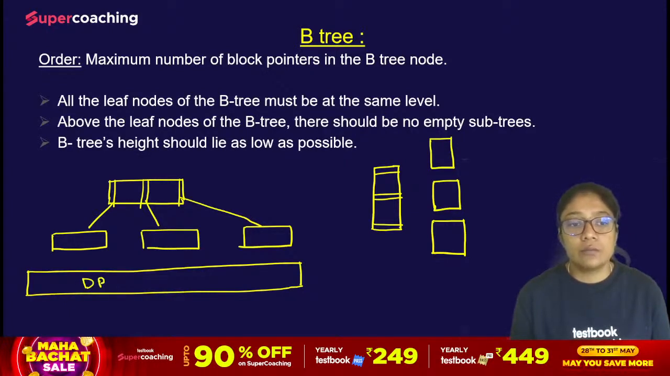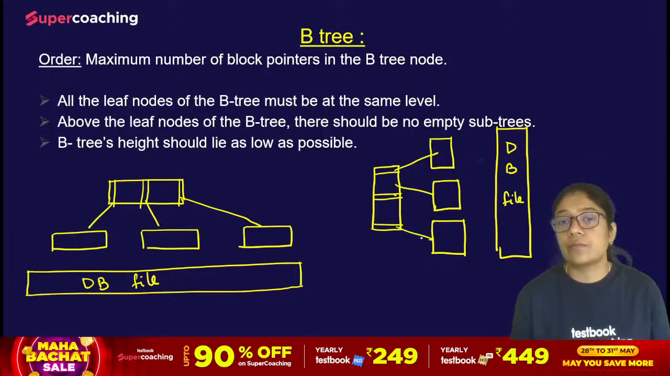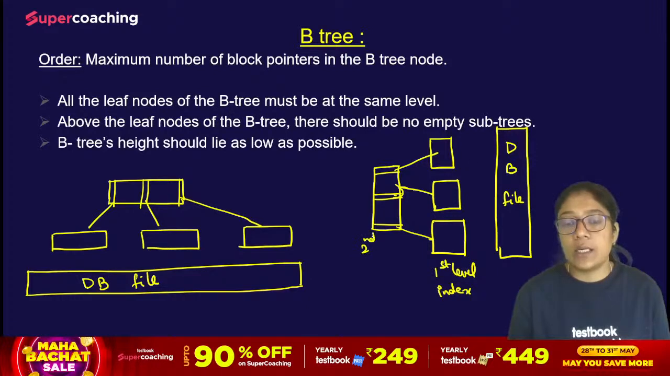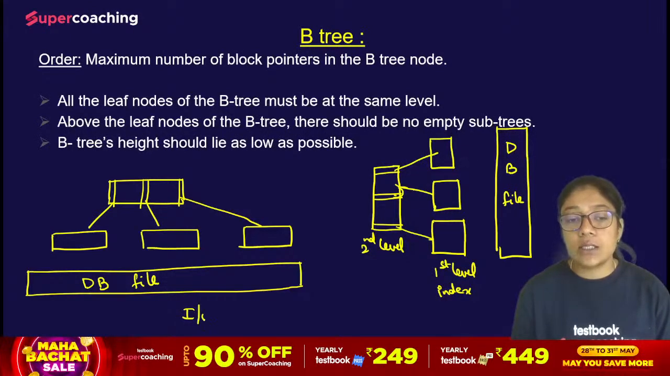This is your database file where actually the records are present. So here also we had the database file which was divided into blocks. This is your first level index and second level index. So basically we know that this is multi-level indexing, and in multi-level indexing the IO cost is the number of index levels